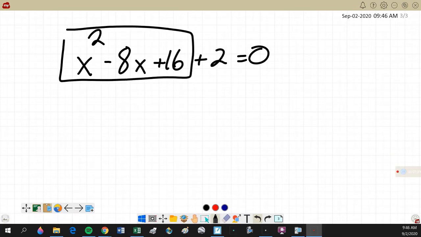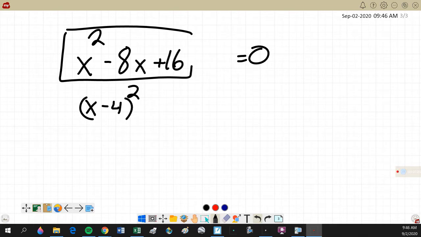That is something special. What is it? That is a perfect square trinomial. And I know that that factors into x minus 4 squared. Well, if I know that, let's make this a minus 4, just for fun. So if I add that 4 to the other side, now I could take the square root and solve it just like we did yesterday. Does that make sense? So sometimes quadratics will not factor, but we can force them to factor using this idea